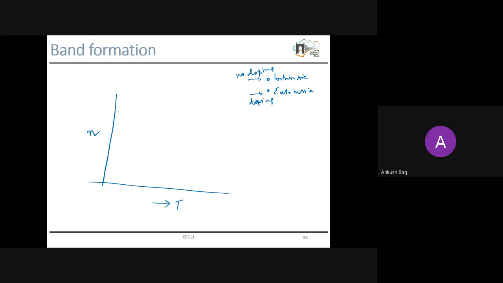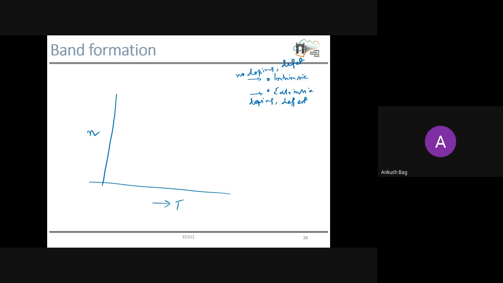Another important thing, just for completing the intrinsic and extrinsic definitions: an intrinsic semiconductor will not have any defects, because many times in advanced semiconductors it has been observed that defects contribute a lot of carriers, not only the thermally generated covalent bonds and doping. So a semiconductor without doping and without defects is called an intrinsic semiconductor.